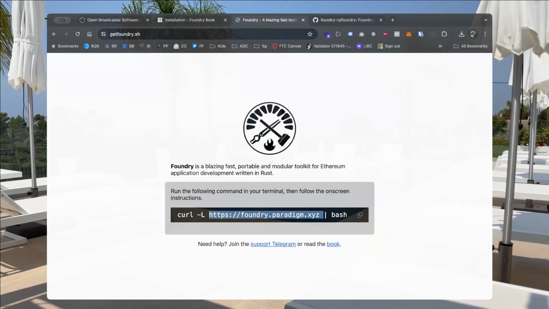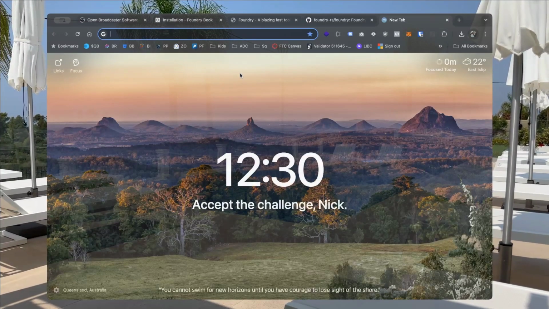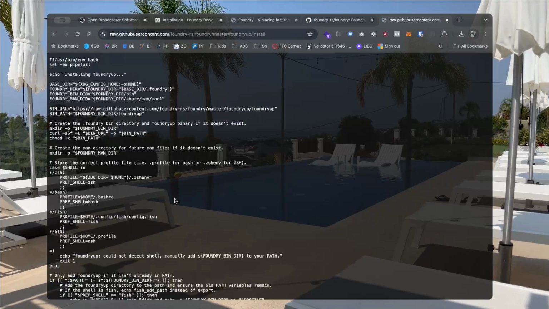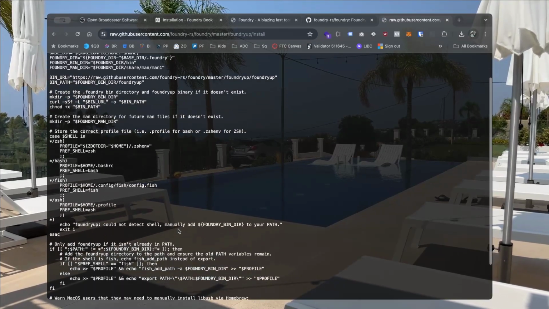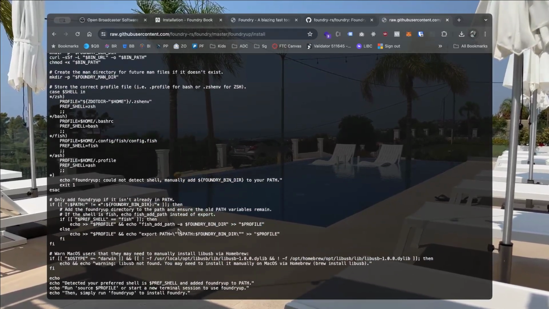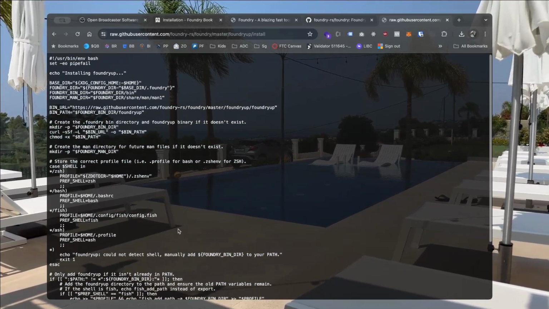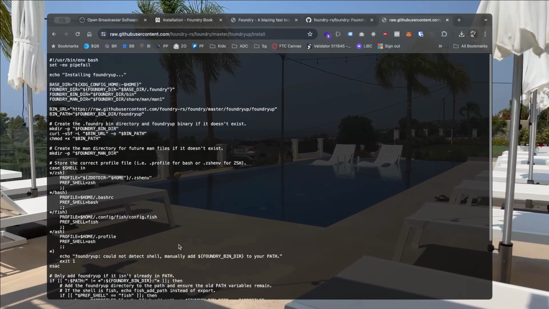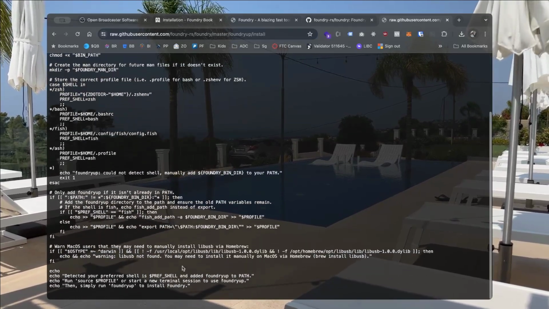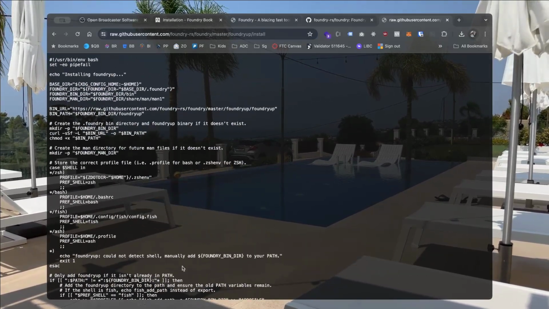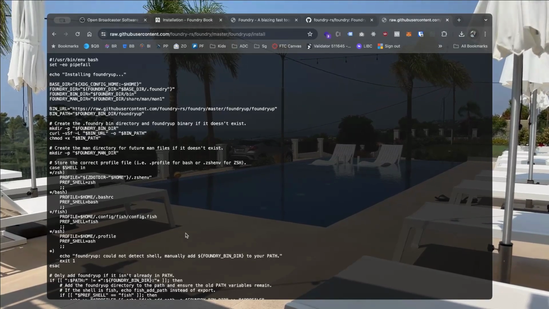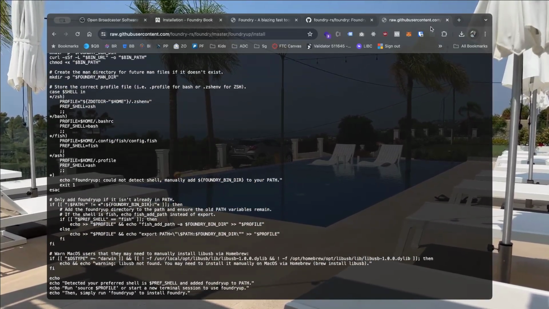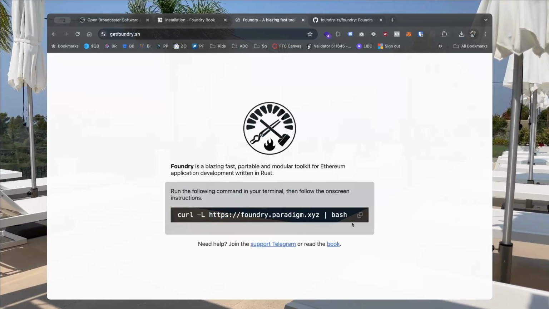So if you wanted to just take a look at the script here, you can go to this URL and this will show you exactly what it's going to be doing. So if you want to just browse through this and make sure that it's okay and you feel comfortable actually executing on your system, you always want to be a little hesitant to just blindly run scripts on your machine that could do different things. So this looks good. You want to go ahead and just pass this command on your command line,